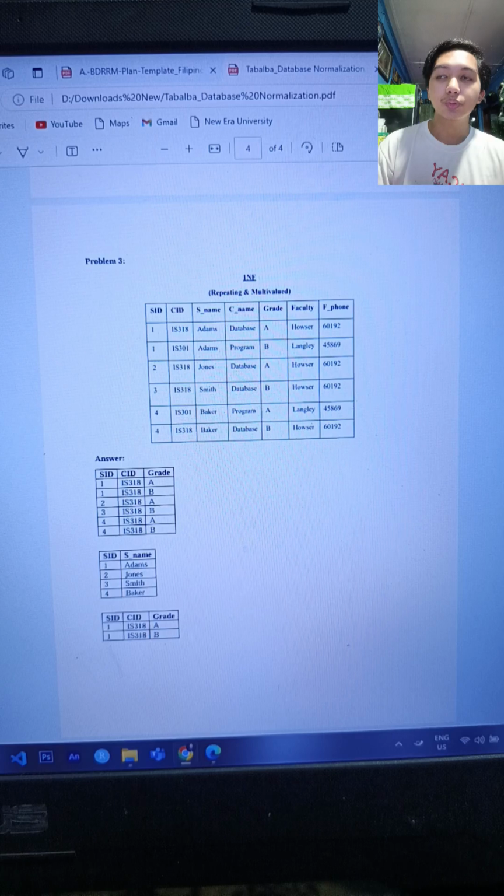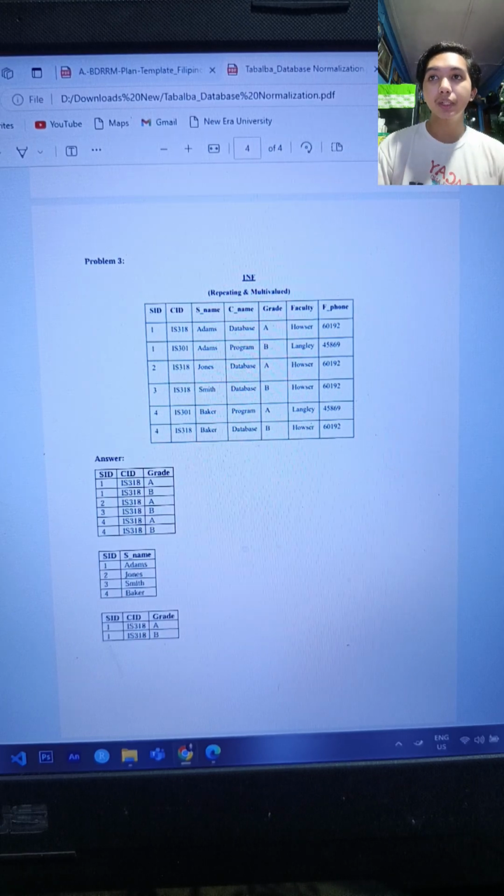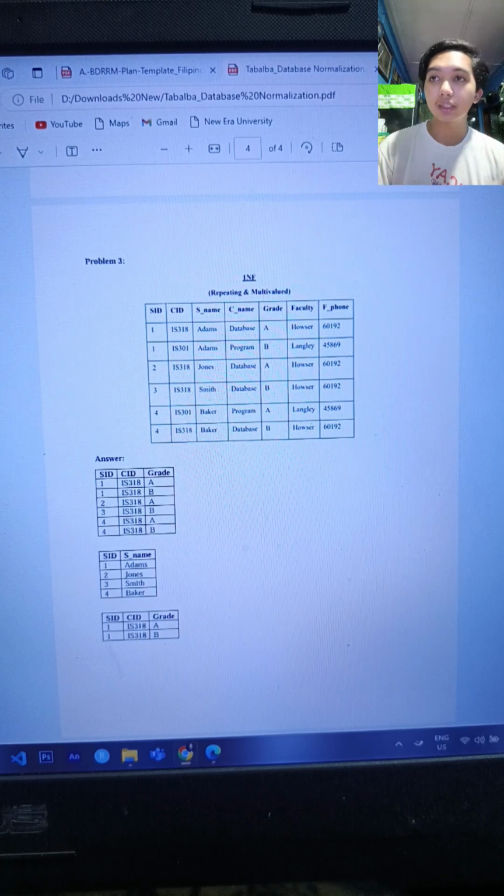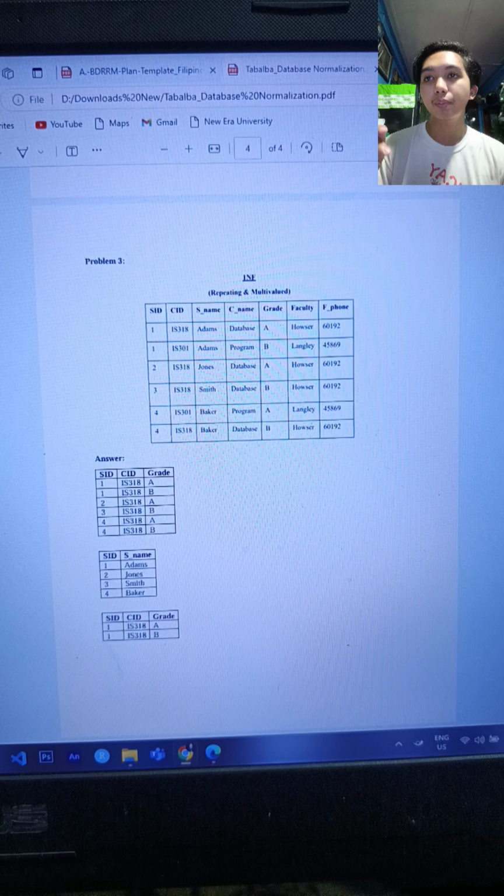Now what we're going to do is load the data. We use pandas to read the CSV file containing the table data. For decomposing the repeating group, we create two separate data frames, where student contains the unique student information and course contains the course information referencing the student using the SID foreign key.